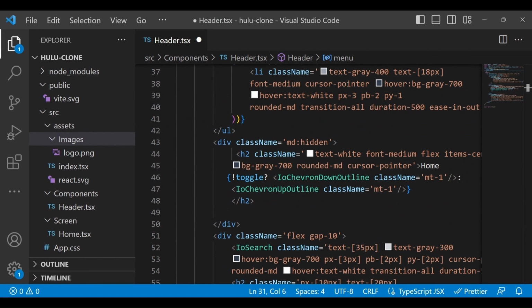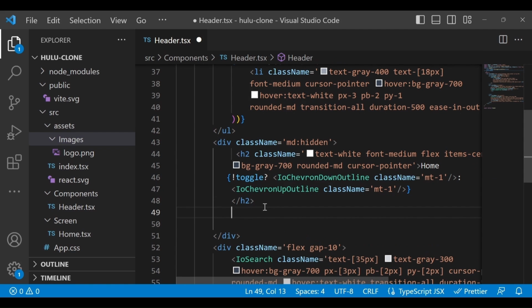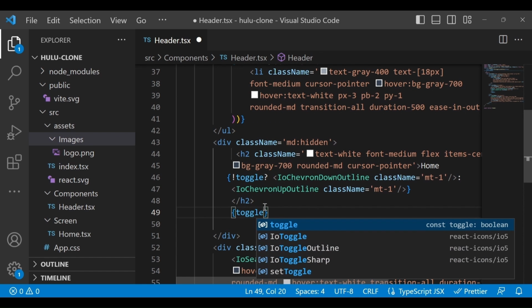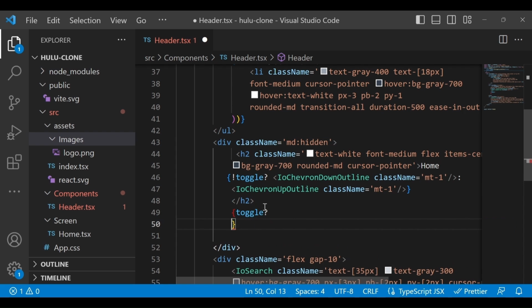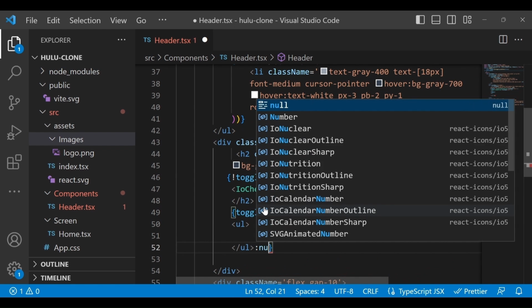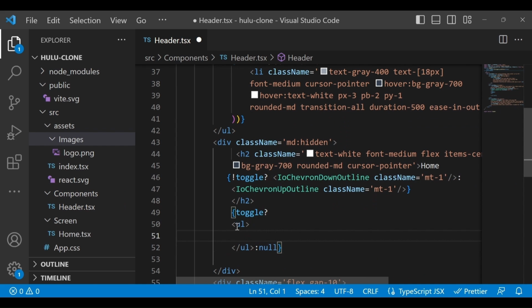Now we have to implement this menu, correct? So in the same way, here I will again add the toggle condition, and only if toggle is on will I show this menu, otherwise I will show nothing. That's why I kept the null value, right? Whatever we mention on toggle on, we will show in the UL, correct?